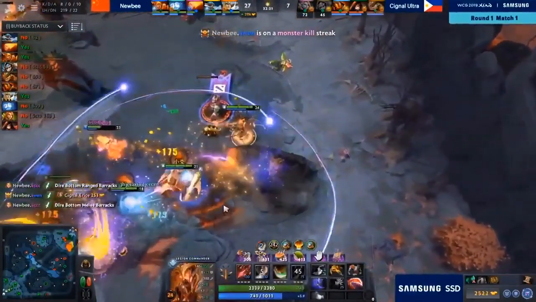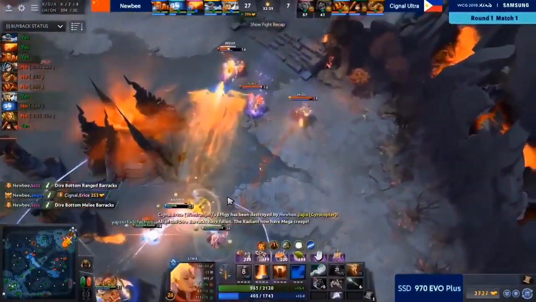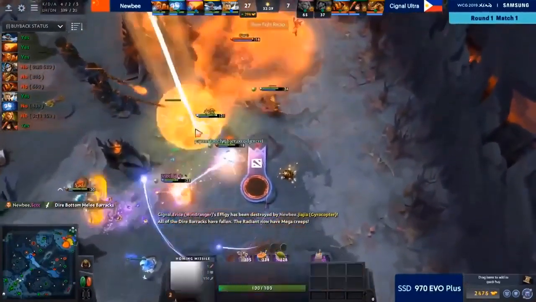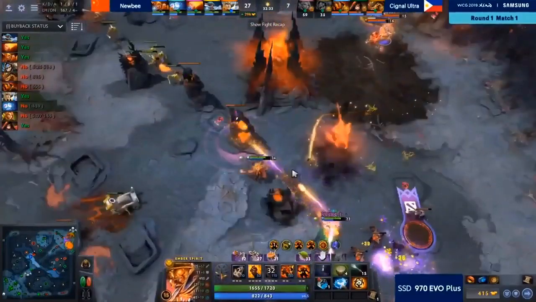Yeah, and he's kind of like Timbersaw in that way. It's better for Bristle if they contest your lane and you get kills, pretty much. Yeah, if they just leave, it's not that big of a deal, actually. You're going to farm, but Legion Commander is going to gank much better than...